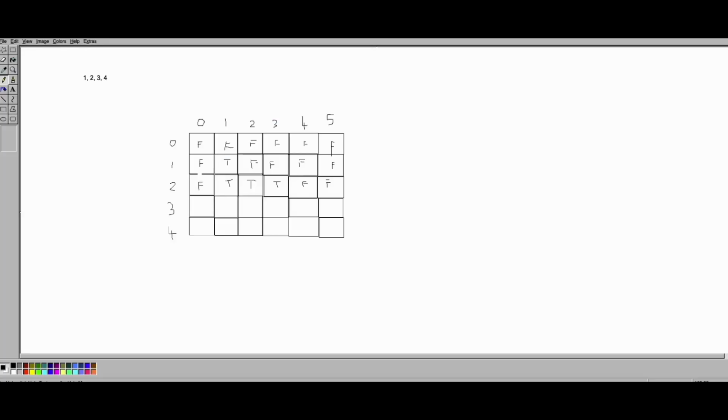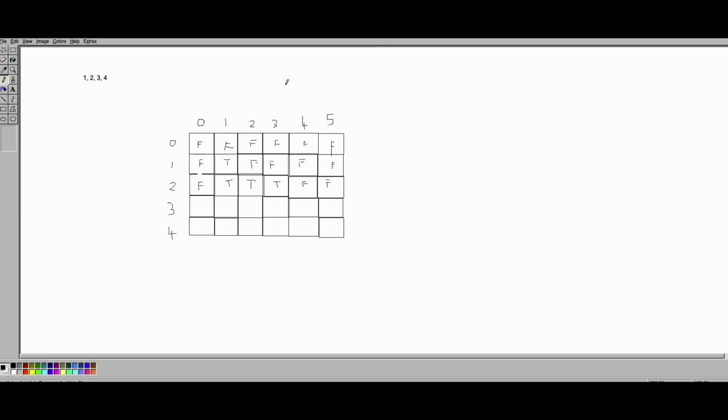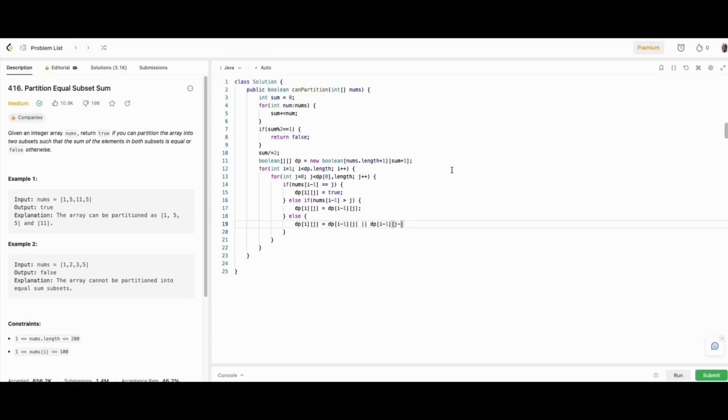so here we need to check, for example, if you have reached the value of 3. So in order to calculate 3, we have two possibilities. One is if 2 is there, we should check what the value was at 1 here, if 1 was true or not. If it was true, we return true here too. So we say or. This part should be tricky. It's j, so this is 3 minus what the value is here, nums[i minus 1]. So j minus,